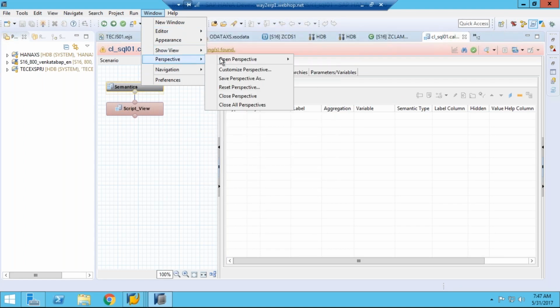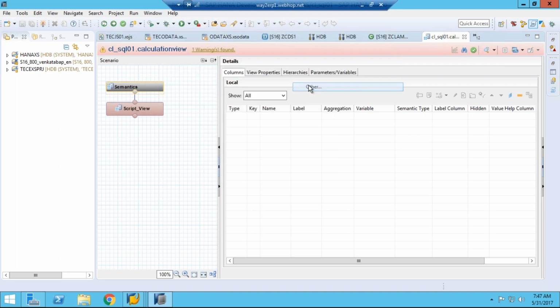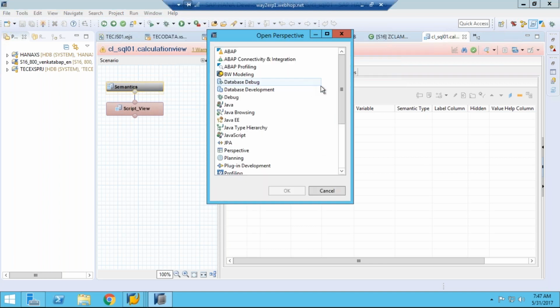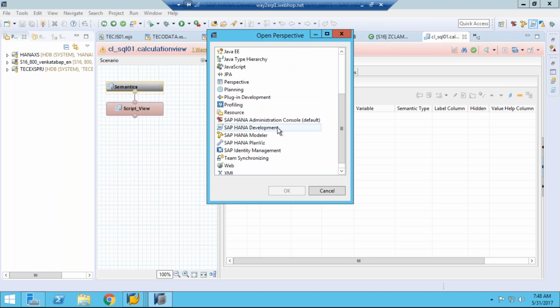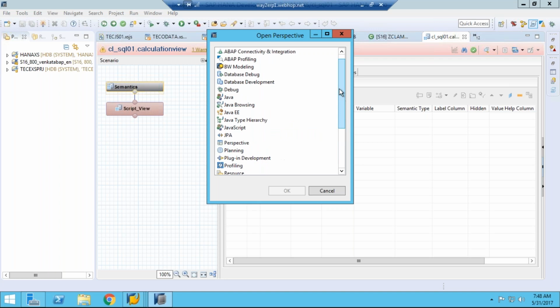Open perspective. It is like in our home, where you have a kitchen, a bedroom, a storeroom, and you do different activities in each. In the same way, there is the ABAP perspective where you do ABAP coding, the Java perspective for Java coding, and the debug perspective for debugging. Then HANA development, HANA modeler. Each environment is used for different types of programming. We are going to discuss all types of programming.